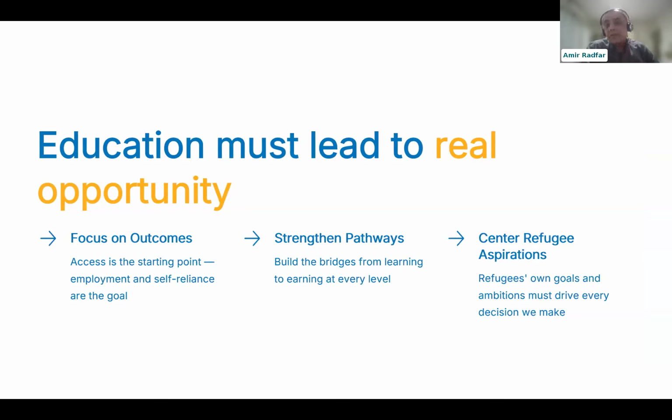So we need to rethink how we define success, and access is just the starting point. Enrollment, of course, is very important. We keep increasing the enrollment because we have the target to go for this 15% or even beyond, because we are still much behind the global enrollment and access to higher education rates for refugees compared to global rates. But again, while we want to increase the enrollment, we are also trying to focus on the employment outcome, because that's also the interest of the donors and also the NGOs and international partners.